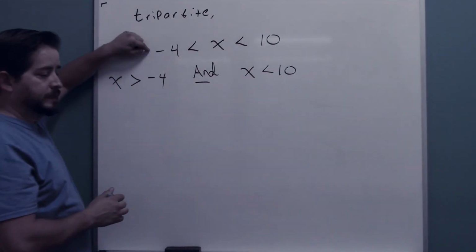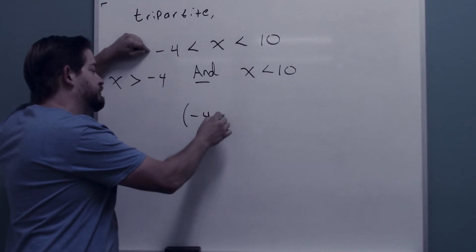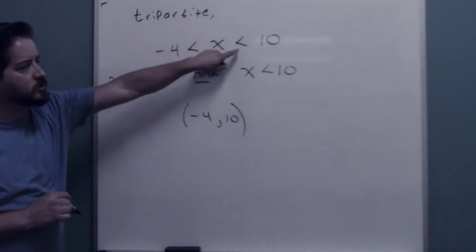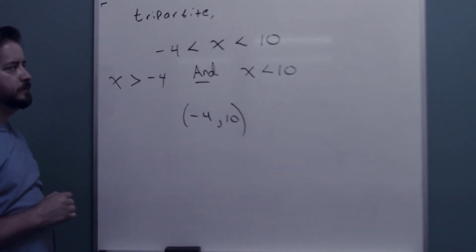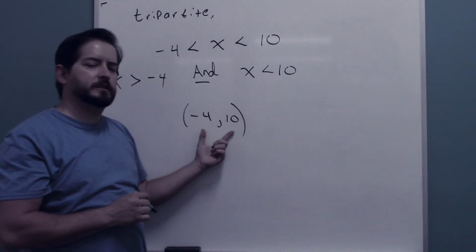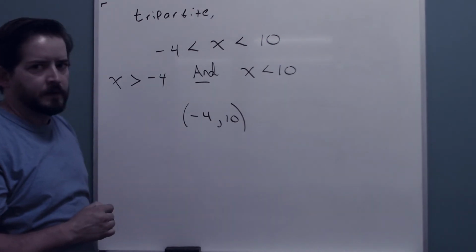So if I wanted to write this in interval notation, it's pretty quick and easy. It's just between -4 and 10. Parentheses, because these are strict inequalities. And if you draw these out, you'll come to the same conclusion that you should be between -4 and 10. All right,